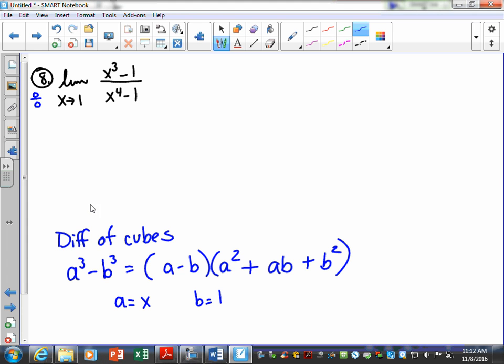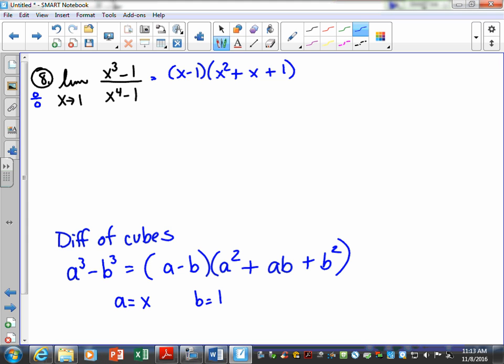B is the number that, cubed, gives you 1. So then you would plug these values in,